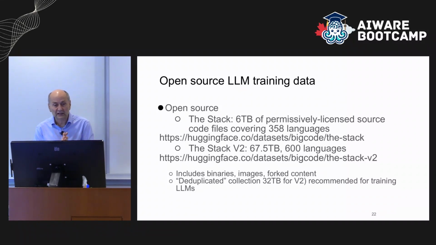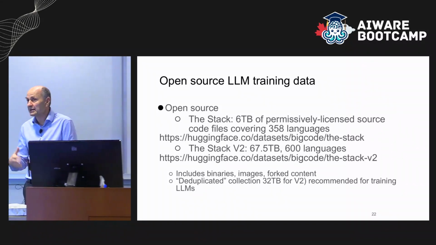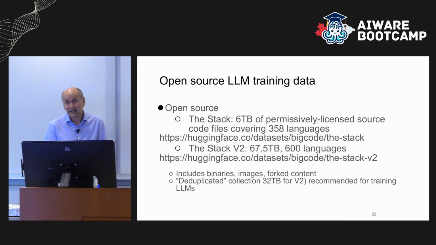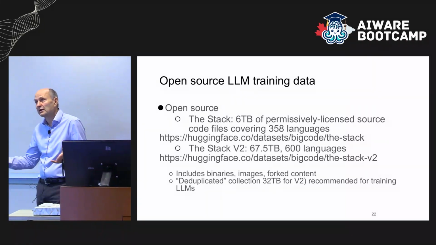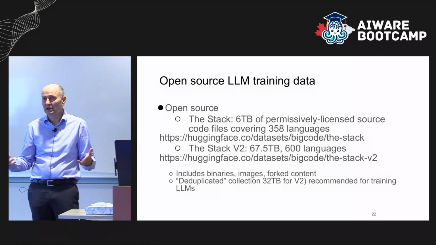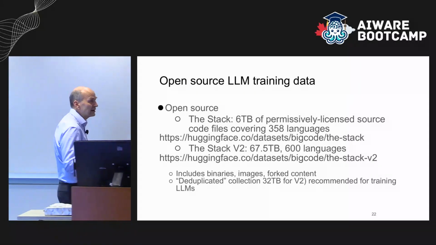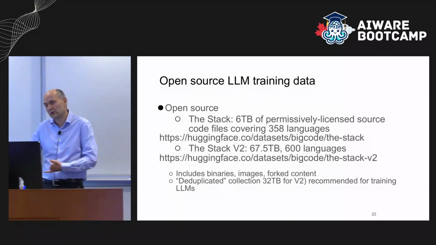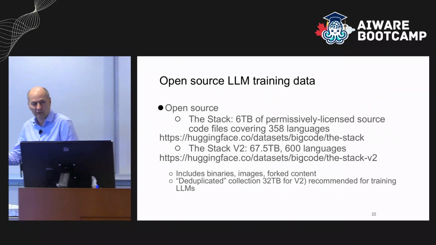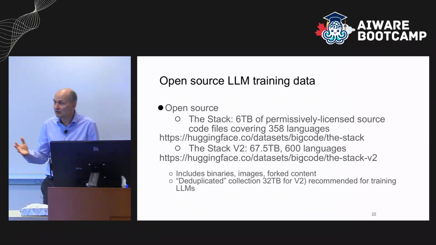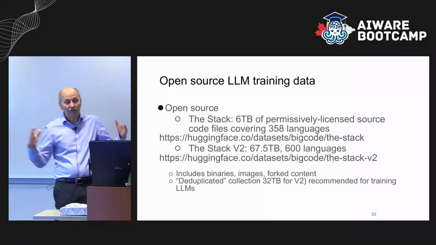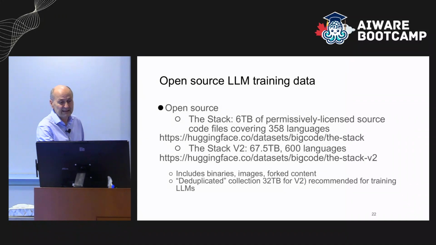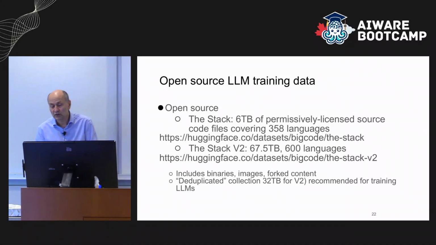There's a couple of data sets that are open, and they're widely used, as a matter of fact. In fact, many of the open models train only on the open data sets intentionally. So for example, Llama is not trained on any internal code at Meta because of the worries of revealing it and whatnot. So many of these open models are really intentionally focusing just on public data sets. So the Stack and Stack V2 are probably two of the most widely used code training data sets, at least parts of the data set. The Stack is an older version.